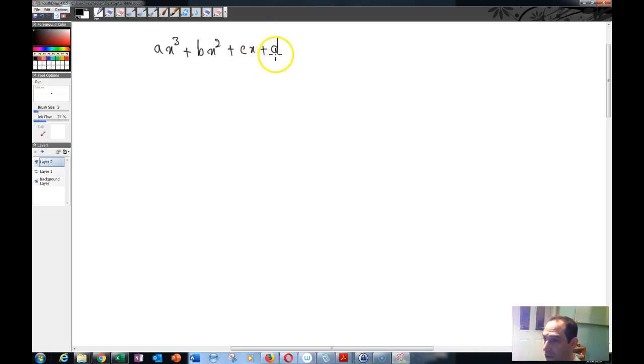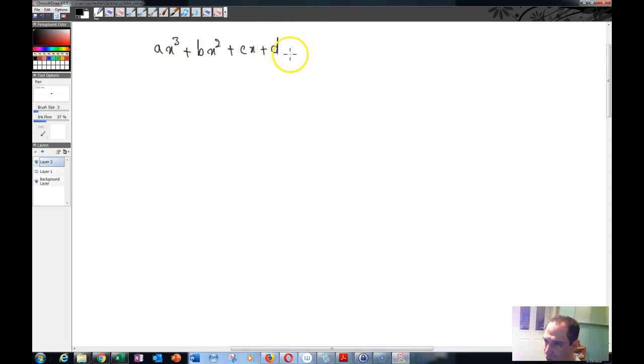If you have your polynomial in this form, this last term is actually equal to the product of the 3 factors multiplied together. Okay, so what that means is that basically you have